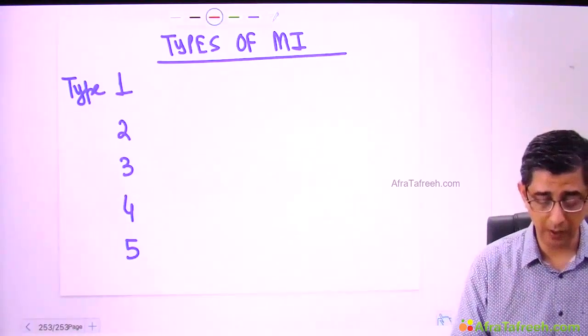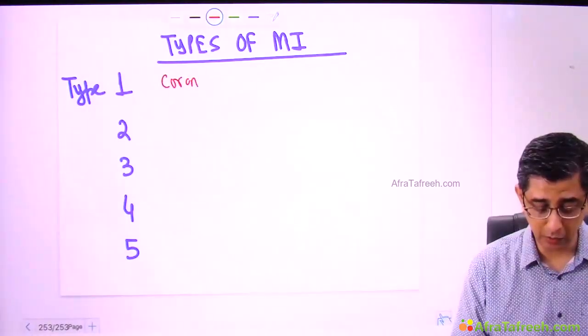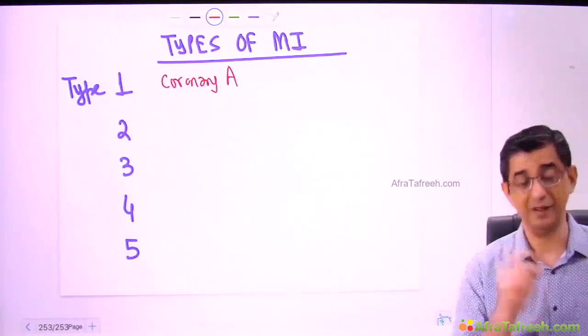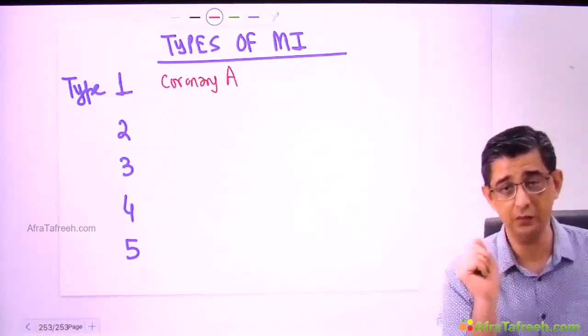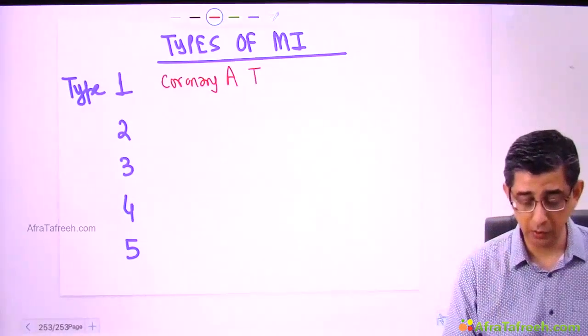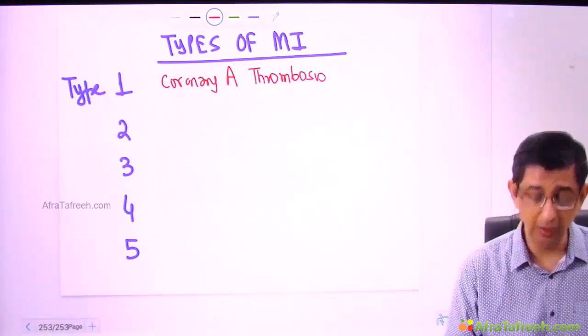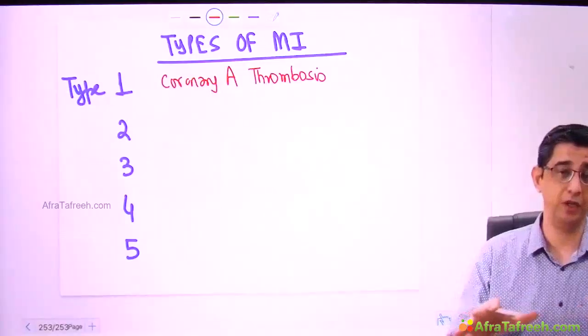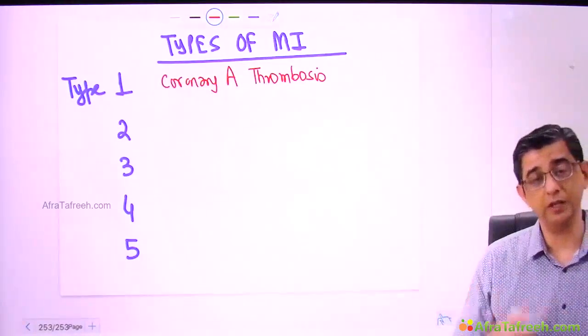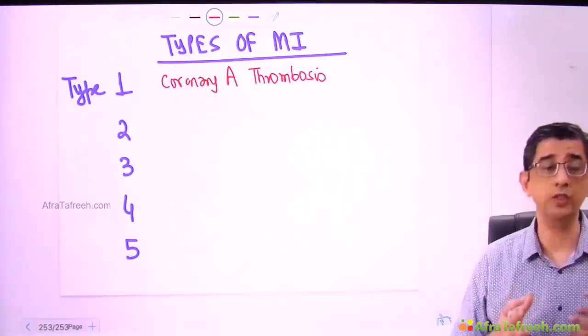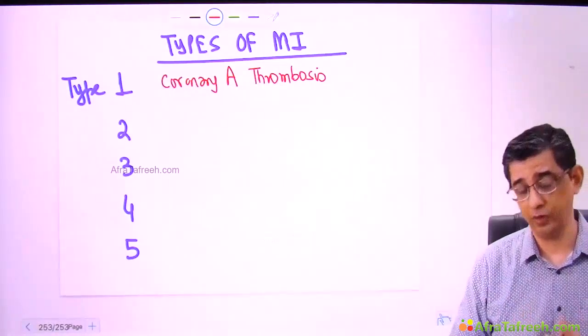For type 1 MI, guys, I want you to remember that it is atherosclerosis which is the villain. In fact, that's the word that I started this discussion with. And if a person due to this atherosclerotic lesion is then having a vulnerable plaque, and the vulnerable plaque then fissured and the collagen was exposed, platelets jump onto the opportunity, and there's a thrombus developing in the coronary artery, it is type 1 MI.